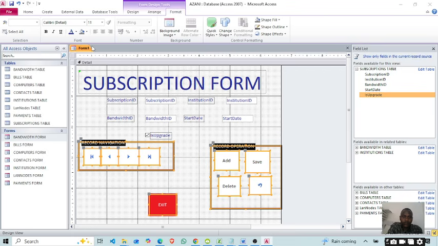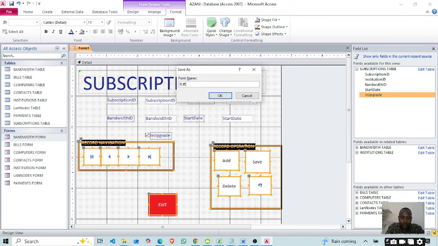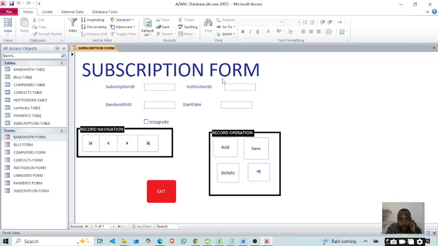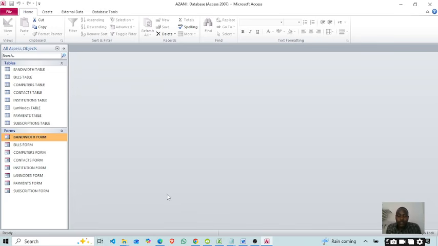Then I save the subscription form. Okay, that's not what I was clicking, form view. So that's how it looks. Now that we have created all the forms,